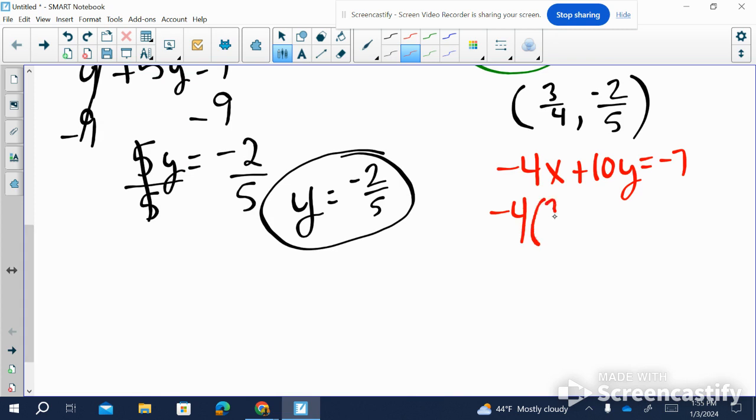4 times 3/4 plus 10 times negative 2/5. That should equal negative 7. And when I do this, if I do end up getting a negative 7 on the left side, then I know that it is, in fact, a solution to both of my equations. Well, 3/4 of negative 4 is negative 3. And 10 times negative 2/5 is a